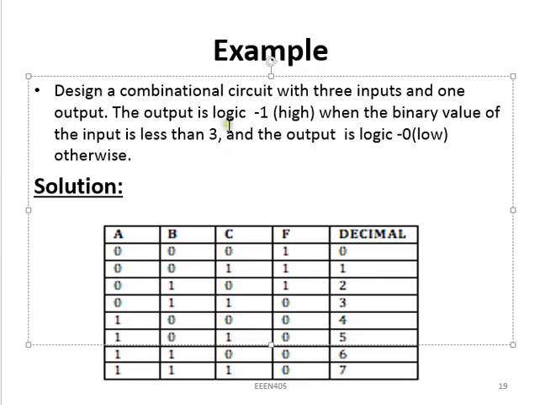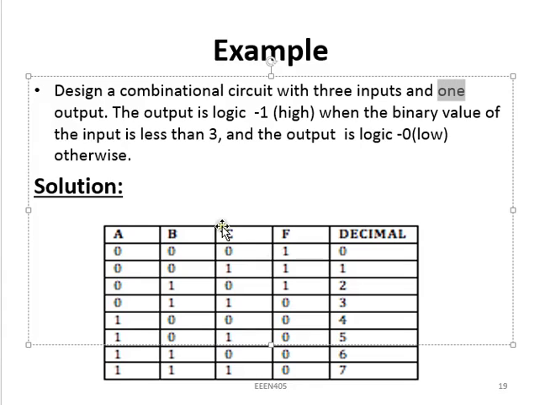Now this is the first step, stating the problem clearly. Step number 2 is to use this problem to identify what our inputs and outputs are. We are told that we have 3 inputs and only 1 output. So we now assign letters: maybe our 3 inputs we call A, B and C,